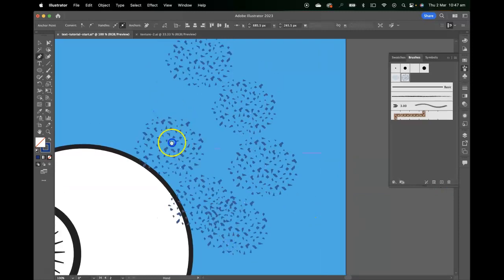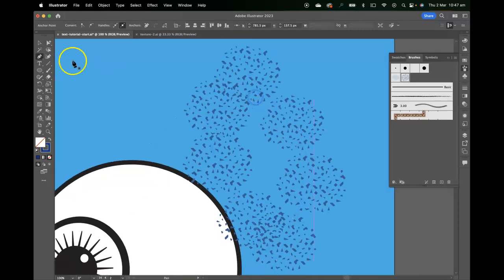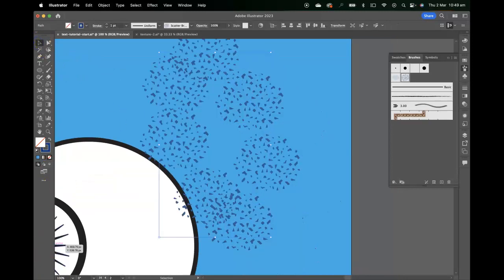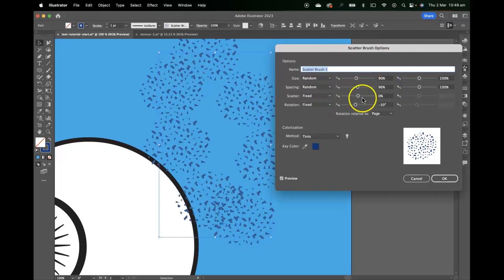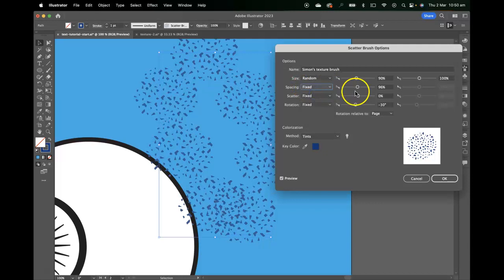We'll have a look at that. So currently that's what we've got. So I think we could do just a little bit better than that. So with our shape that we've made there selected, we can double click back into the brush and make some adjustments to our settings in here. First of all, I'm going to name it. I think the randomness of it is okay. I am going to change the spacing back to fixed, and with preview selected you can see what the adjustments